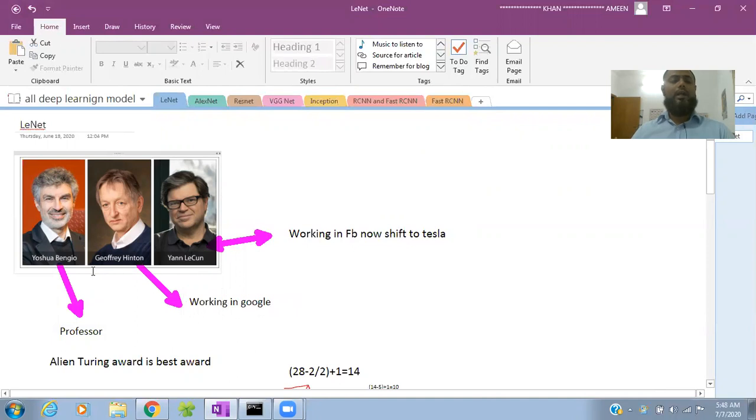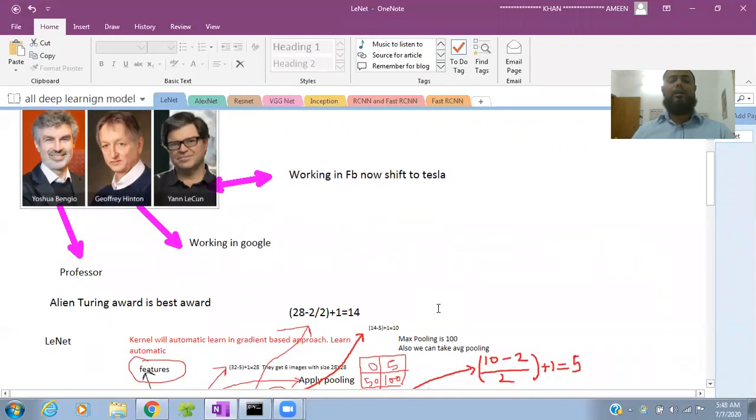Geoffrey Hinton and Yoshua are professors. And in 1998, they were awarded the Alan Turing Award, the best award in computer science. It was the first time they received the award for that.